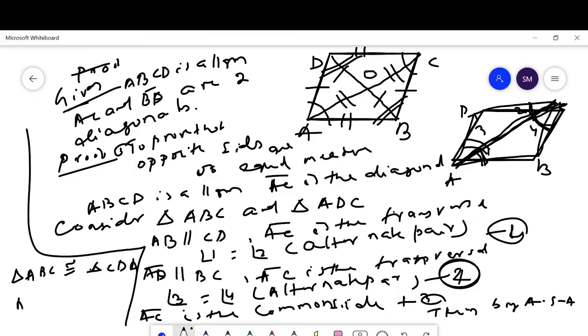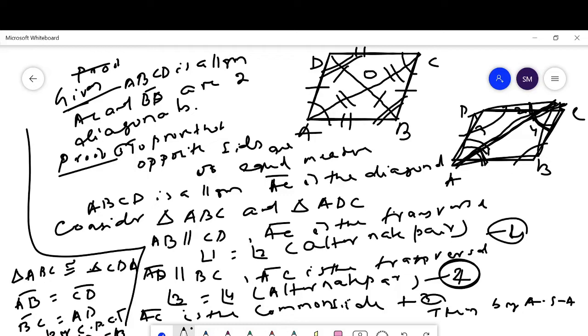Then AB is equal to CD by CPCT, and BC is equal to AD by CPCT, and measure of angle D is equal to measure of angle B by CPCT. In this way we have proved that when ABCD is a parallelogram and AC is the diagonal,